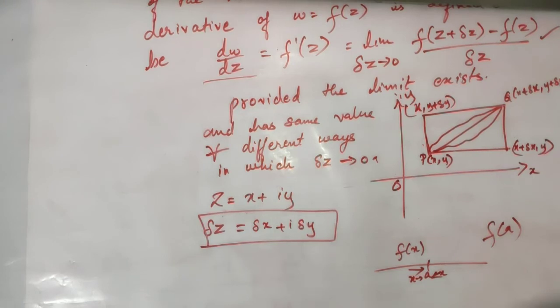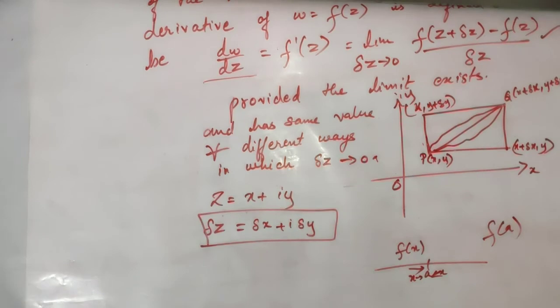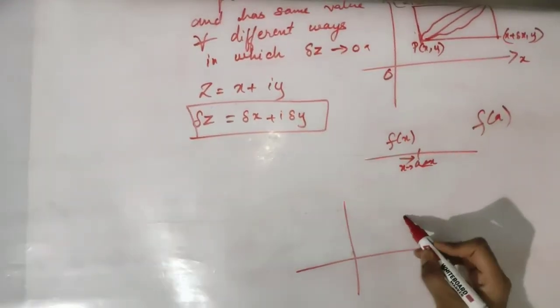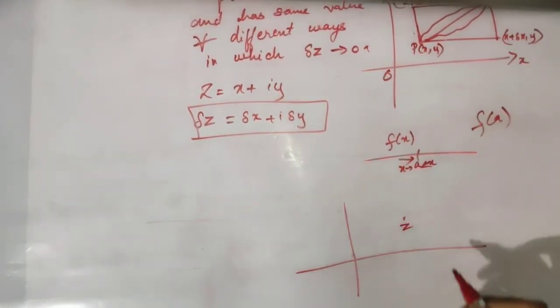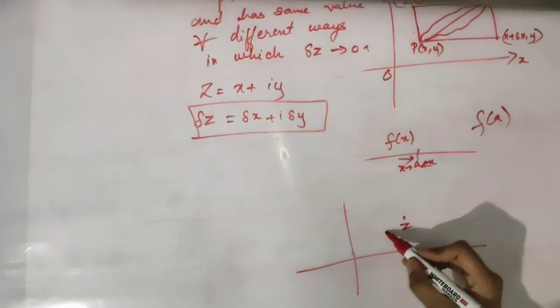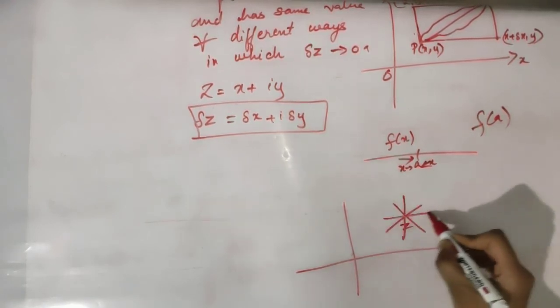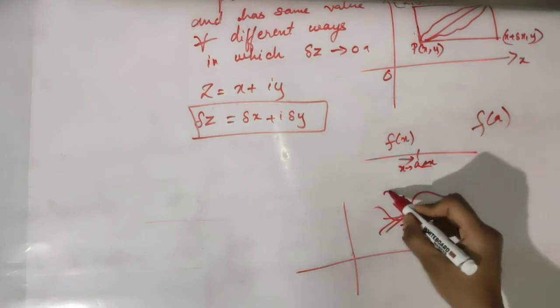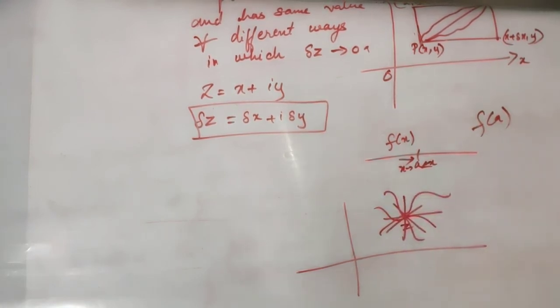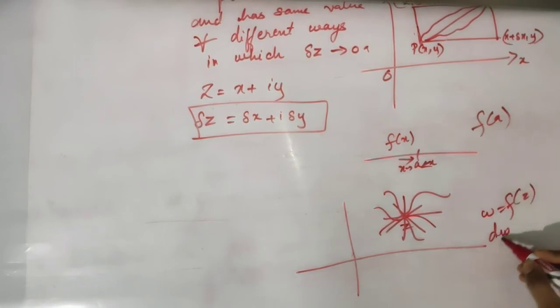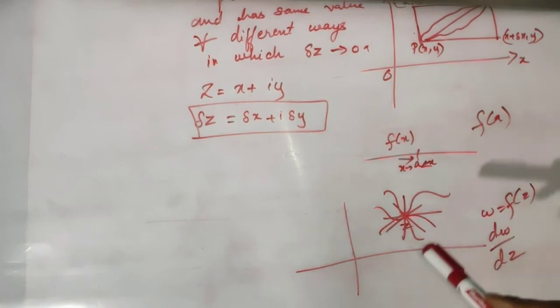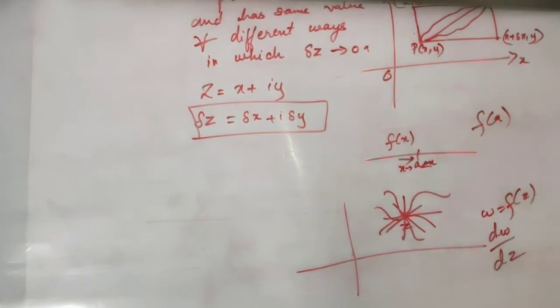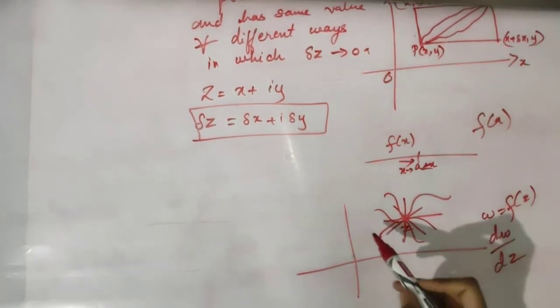Similarly here also there are ample ways. Now if a plane is given to you, say for example here, and there is a point here, this point is z for me. Now there can be as many ways as I can go through this point. For all those ways, if my function w is equal to f of z and dw by dz has the same value through each and every direction, in whichever path I consider, I can consider it as a path or locus.